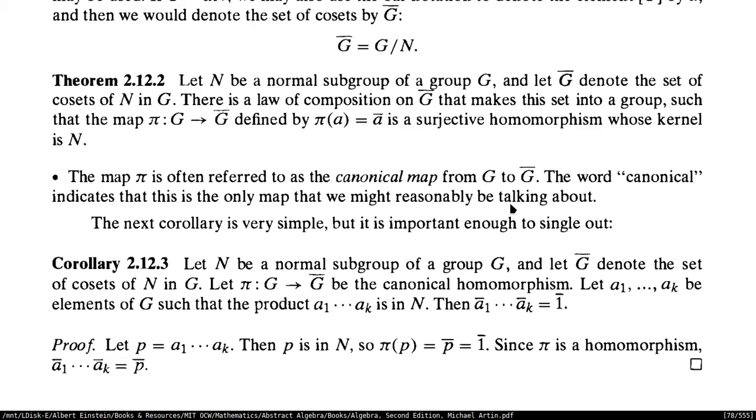But phi of x1 times phi of x2 is just phi of x1 x2. Then you have phi of x1 x2 times phi of x3, and